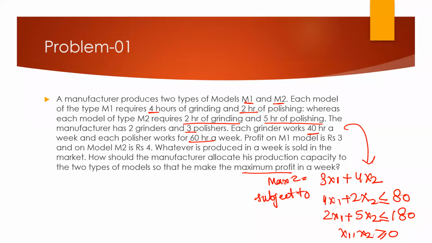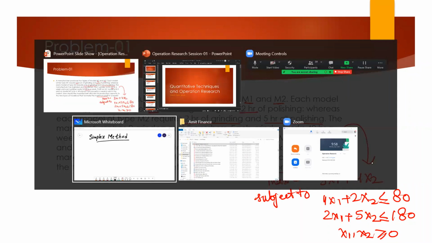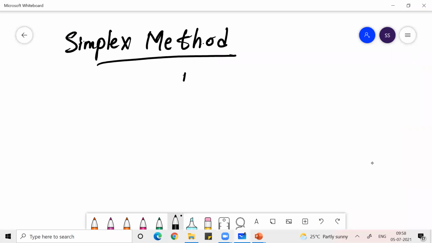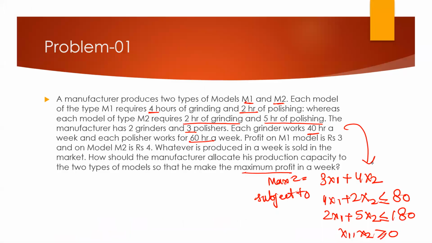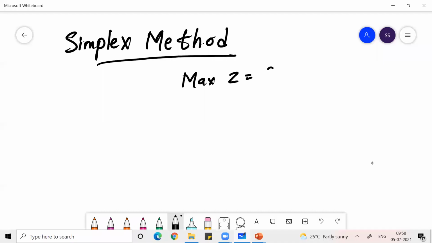And the third thing, how we can solve them by using simplex method. So if I want to solve them by using simplex method, I'll write my objective function: maximize Z equal to 3x1 plus 4x2, subject to constraints